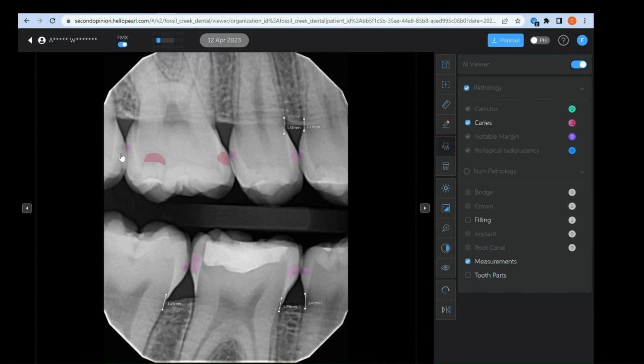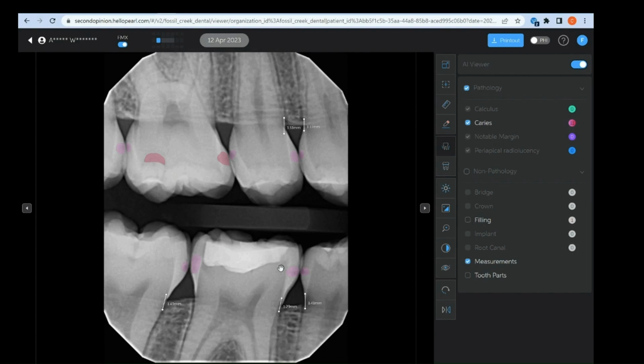And so we can really easily share with mom and the patient all these areas of concern. And as we hover over these various lesions, we're going to see whether they are entirely in the enamel, or as in this distal pit on tooth number 3, it's into the dentin, as is the mesial lesion, and so on and so forth. So we walk through each one of these pickups from the artificial intelligence software,